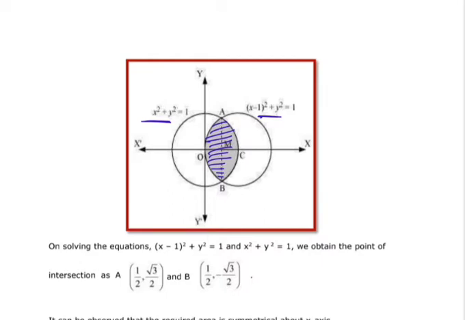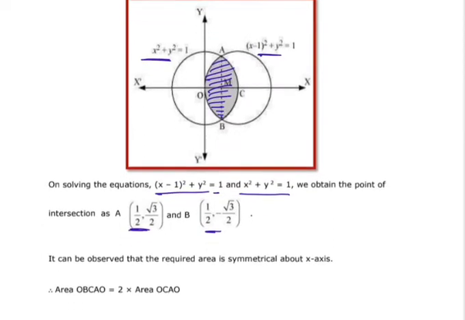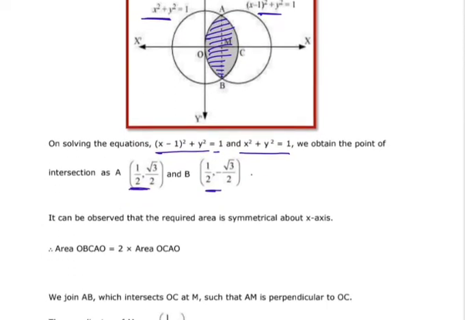So on solving the equations x minus 1 whole square plus y square equals to 1 and x square plus y square equals to 1, we obtain the point of intersection, that is A and B. These points we are getting, that is 1 by 2 comma root 3 by 2, 1 by 2 comma minus root 3 by 2. Just simplify the values, we will get these point of intersections. So it can be observed that the required area is symmetrical about x-axis, right? So the area OBCAO,